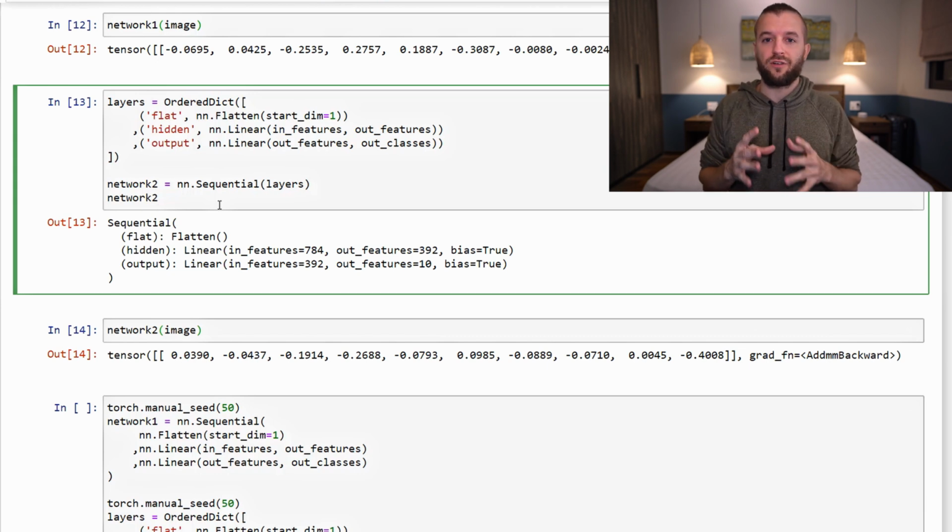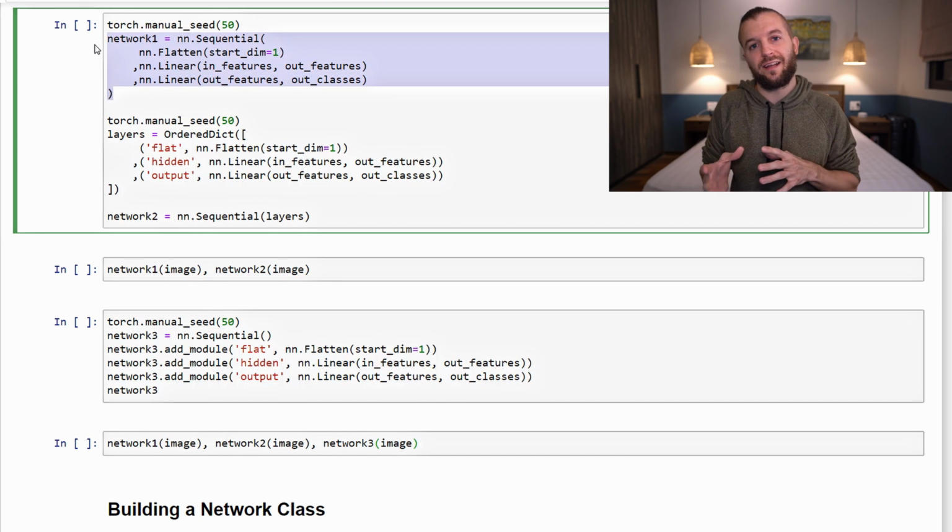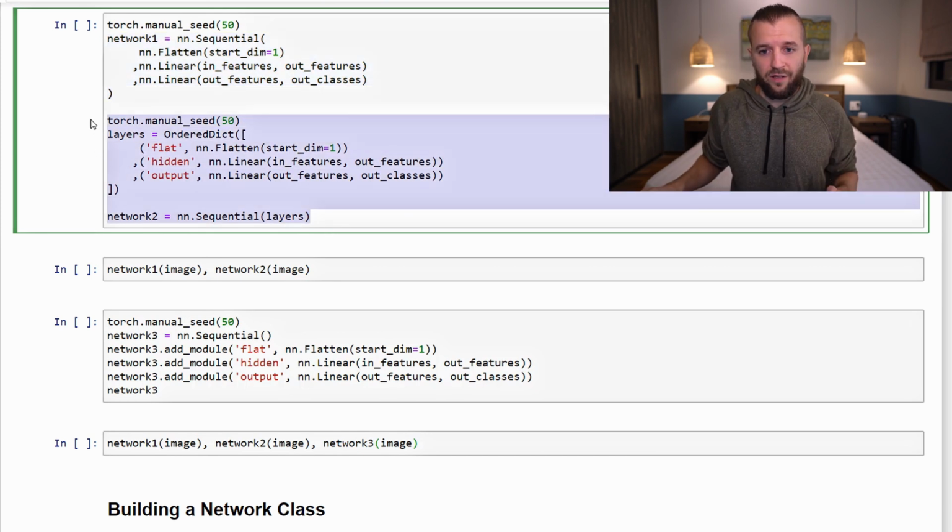Now, is it possible to cause these two networks to give us the same prediction upon initializing them? The answer is yes, but in order to do that, we have to set the seed that the random number generator uses manually. So let's see how to do that now. You can see that we're doing that here. I'm saying torch.manual_seed, and then I'm passing in any given number. The number here is the seed that determines what random numbers will be generated from the random number generator. We have to set this before every initialization. The reason we have to reset it again when we create the second model is because when the number generator gets used, its state changes. So if we want to get the same values, we have to set it back again before